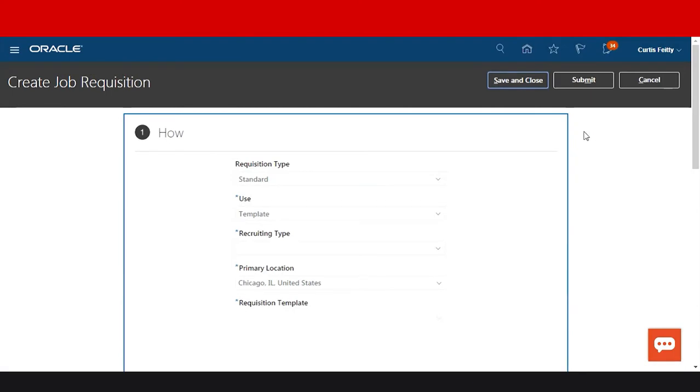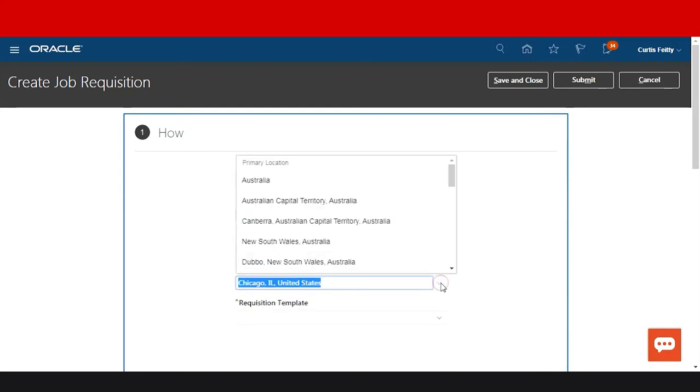I'm clicking on add. You have to select requisition type, whether it is going to be standard or pipeline. Standard refers to the standard only which we are using right now, and pipeline will be future positions we are creating in the pipeline. And we have to select the template here and requisition type. So you have a couple of types, whether it is going to be a campus hire, contingent worker hire, executive, hourly, professional. Based on your requirement, you can select the recruiting type. And primary location you can select here. So you have a list of values here.